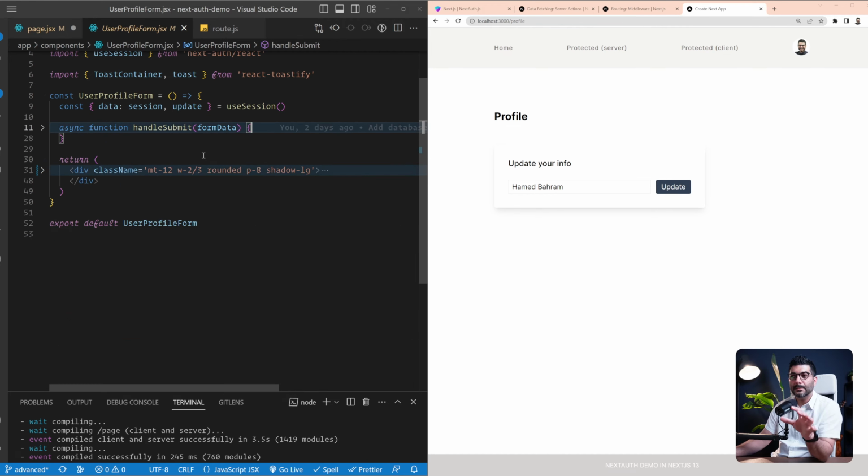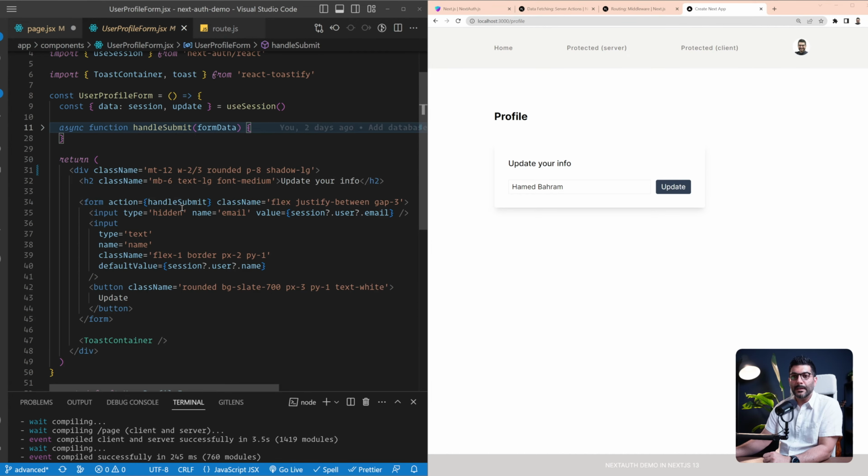Now, before I get to the details of this update function or logic, let me just go back to our form and explain how we're handling the form submission. Traditionally speaking, you would have an onSubmit prop over here pointing to a handleSubmit function where it gets the event and prevents the default behavior of a browser, gets the form data, submits that form data to an API layer. That API layer, which runs on our backend, would talk to our database and then does whatever mutation or update that we want to do,